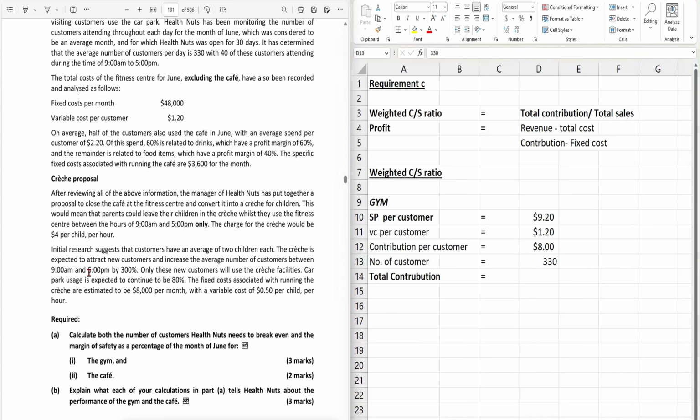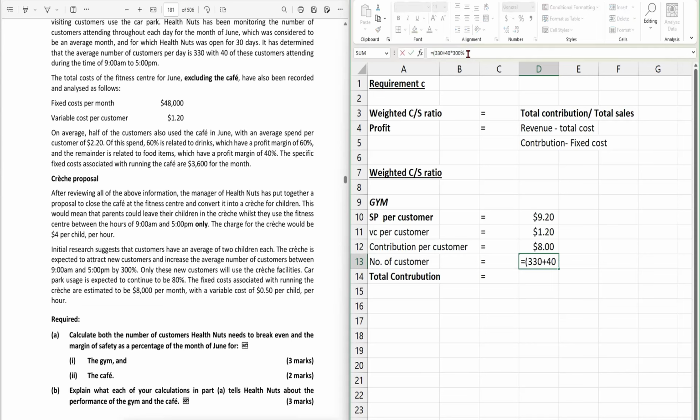So now in the crèche proposal paragraph, the question is saying the crèche is expected to attract new customers. So if we choose the crèche proposal and close the cafe, it will increase the new customers and increase the average number of customers between 9 a.m. and 5 p.m. by 300%. So we have 330 plus those 40 customers that used to attend the gym between 9 a.m. and 5 p.m., which will be increased by 300%. So that means we need to add this as well here. Okay, so 300%. So this will give 450, and this is only per day,